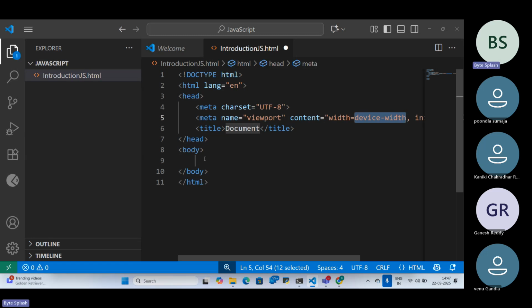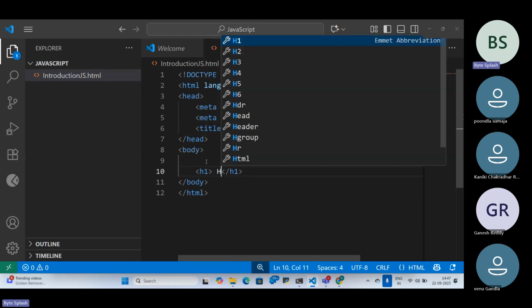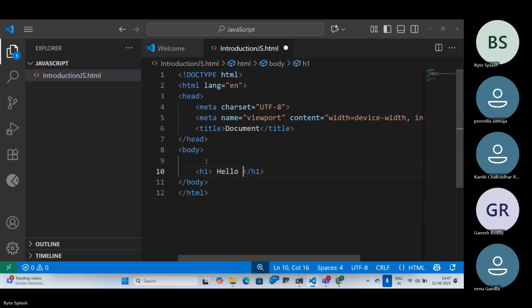So here, tag h1: hello JS developer. Whatever you have loaded inside this body, it is going to display in our